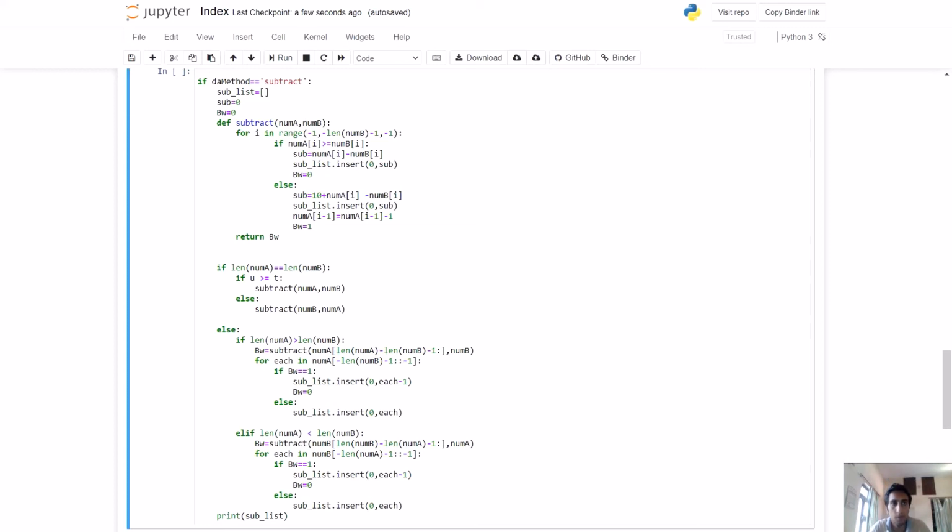Now in our subtraction module, we will be putting each subtraction in the sub list, and bw is basically the borrow we will be taking, right? We cannot subtract, like, 6 from 5. That is not possible, so we have to borrow 10 from the previous number, and that is what is called borrow. Like we use carry in the addition, we use borrow in the subtraction. So in this one,